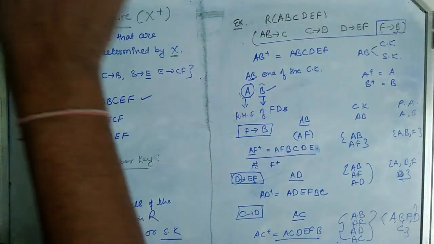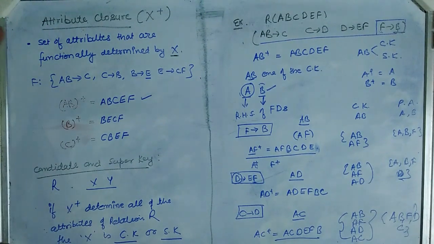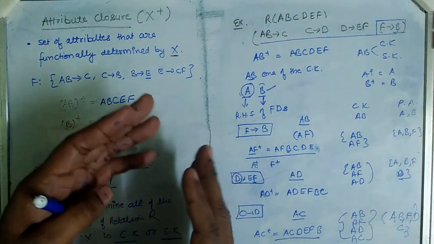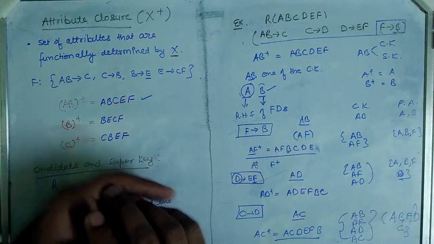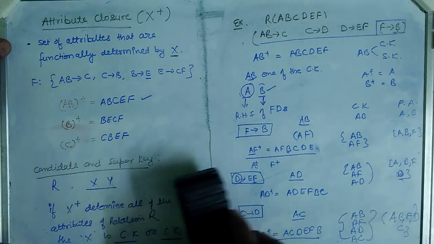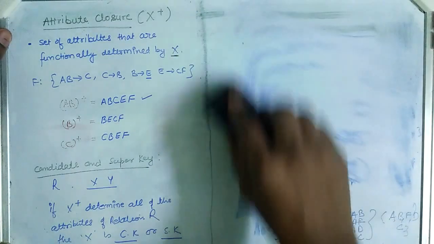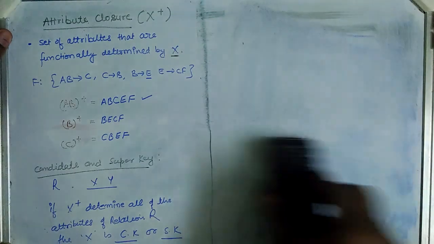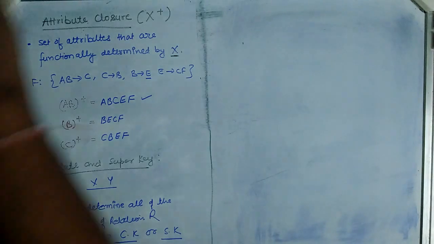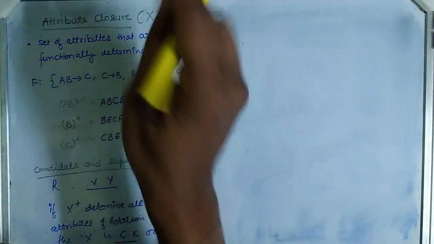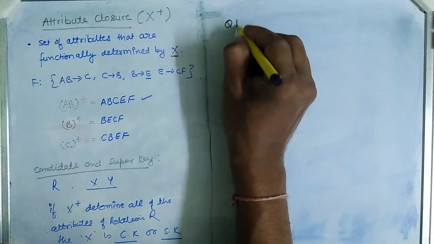Now the functional dependency and attribute closure are very helpful in finding the super key, in finding the candidate key and in finding the prime attributes in a given relation. I will write some more examples here so that you can try, and if you find any difficulty in finding the candidate key or attribute closure in those relations, you can drop a comment below. I will provide you the solution for the same. So, the questions, write them down.